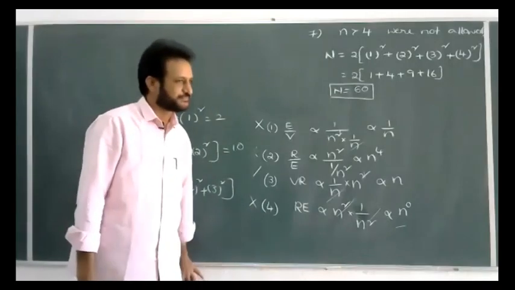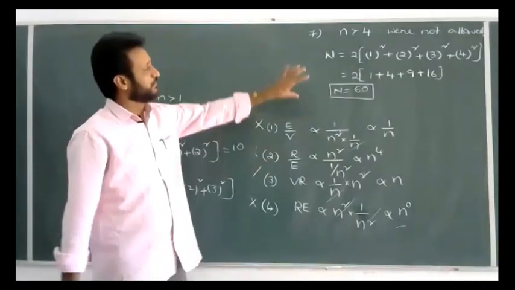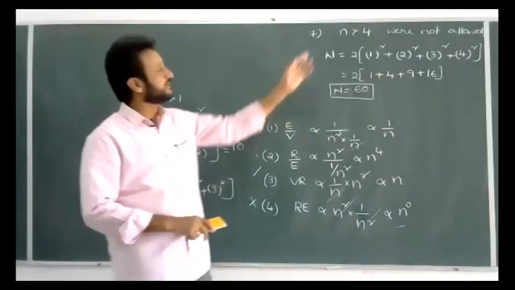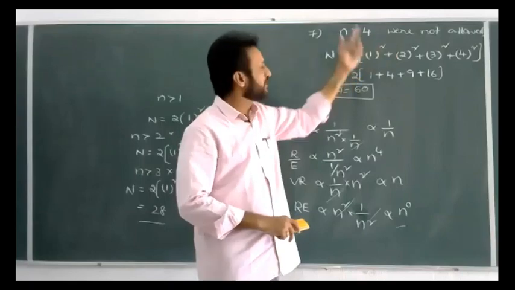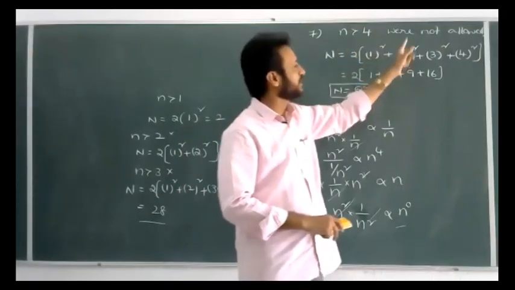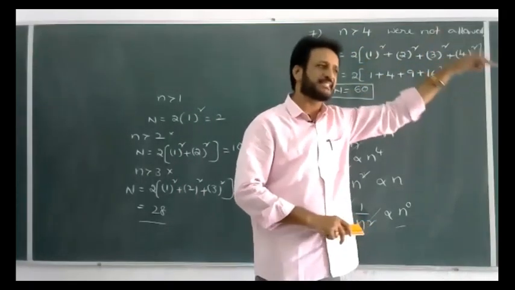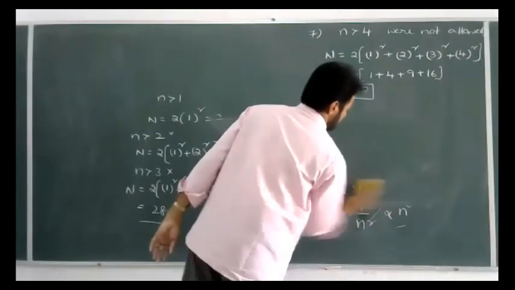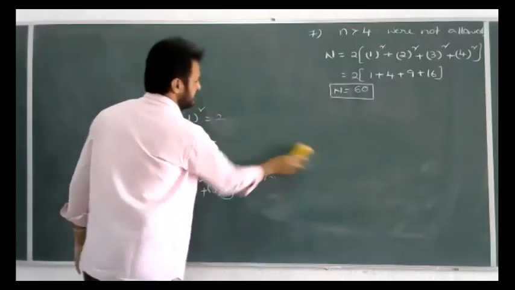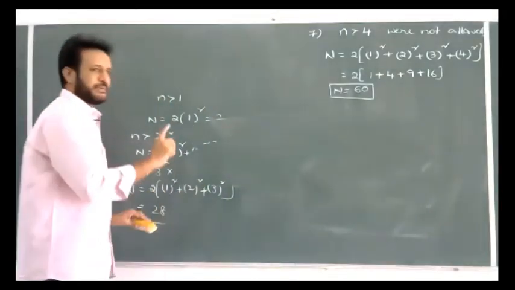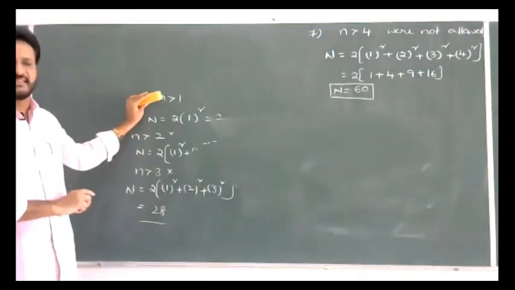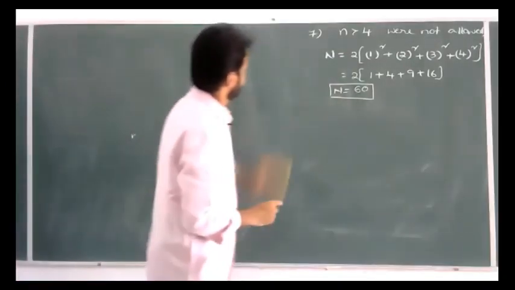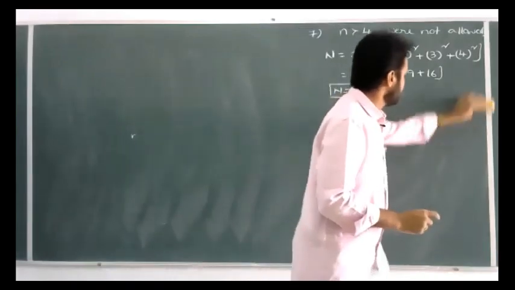That is the answer. So remember this method carefully. Whatever they ask, we can substitute and calculate. If n greater than 5 is not allowed in the given question, we should take 2 into 1 square plus 2 square plus 3 square plus 4 square plus 5 square. That is the only method. Important. When we are solving a problem, we have to keep this kind of model in our mind. Just the numbers will change, but the concept and the process are the same. That is important. Now we'll go for the next question, the 8th one.